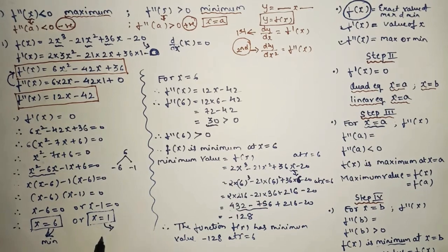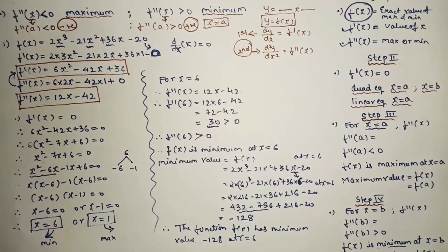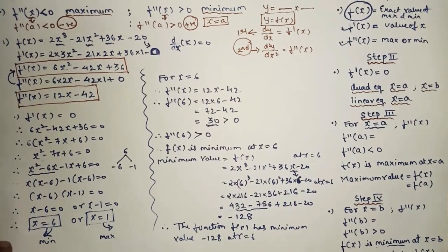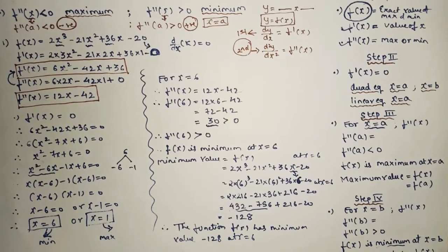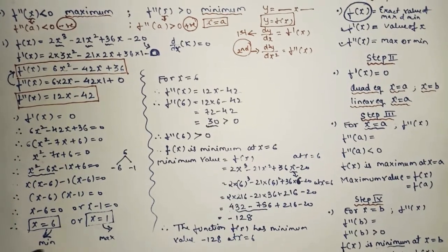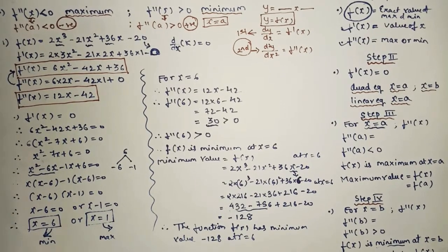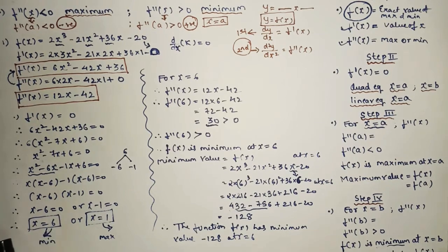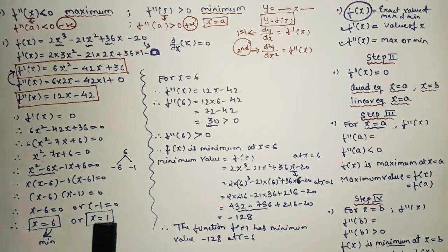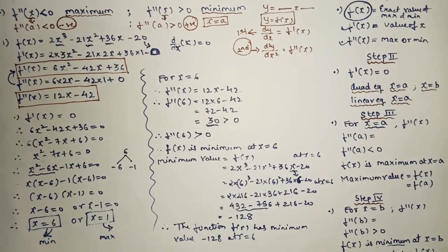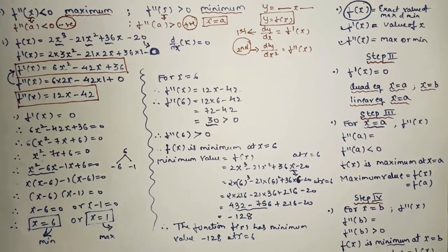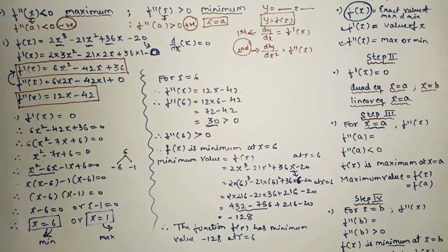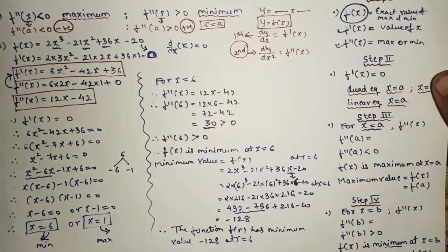So of course at x equal to 1 the function has to be maximum only. As I told while explaining the concept, both values will not turn out to be maximum or minimum. If one value is maximum, the second value will be minimum, or else vice versa. If the first value is minimum, the second value of course has to be maximum only. I hope you all understood till here. Just simple steps you have to follow.